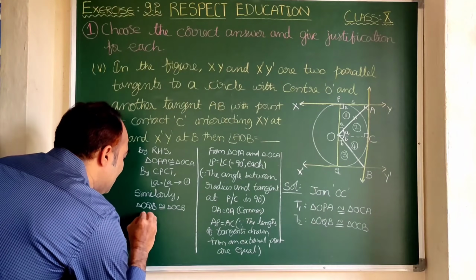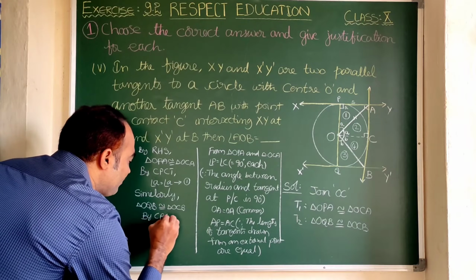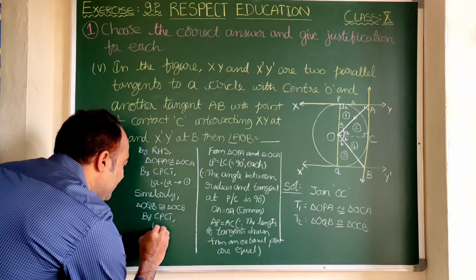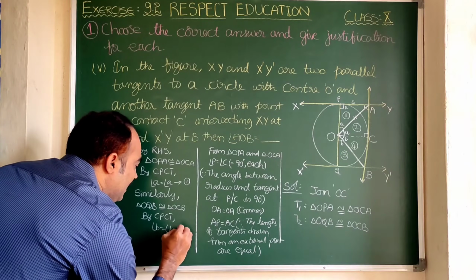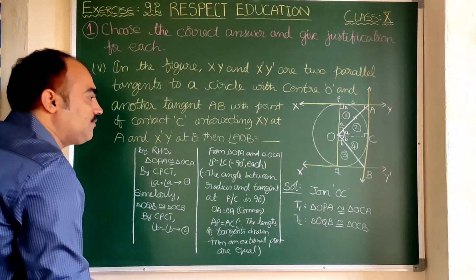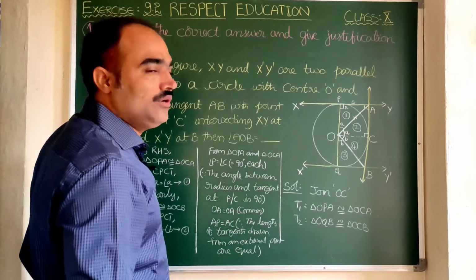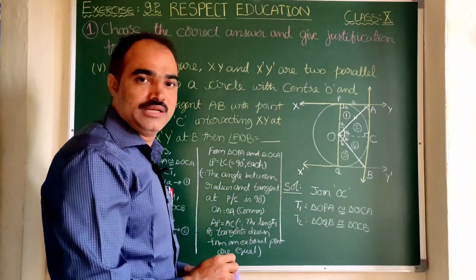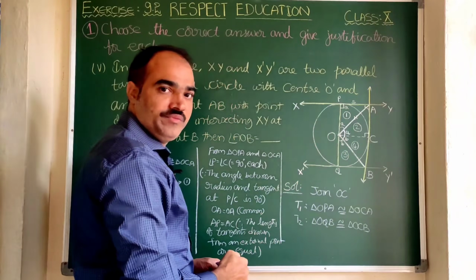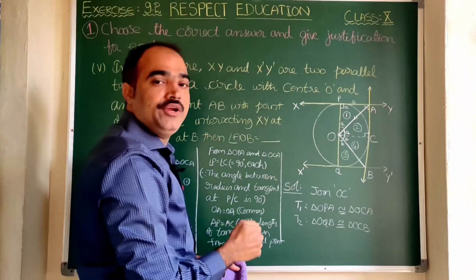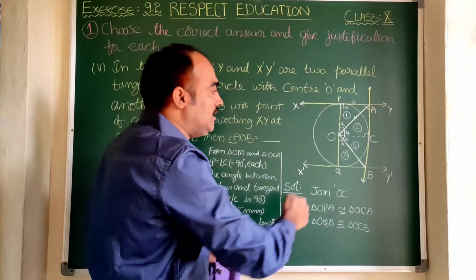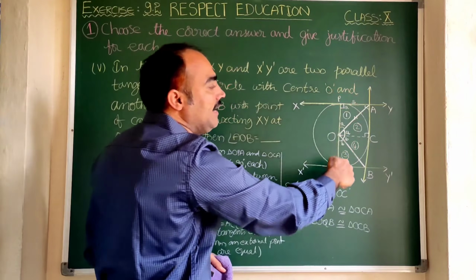Now here let us write by CPCT, we can write angle B is equal to angle B. Let us take it as equation number 2. Now here you observe carefully the diagram. Almost all, we came to the conclusion. The thing is that here, what is POQ? What is PQ? PQ is a diameter. As we know, it passes through the center. So here POQ is a straight line.